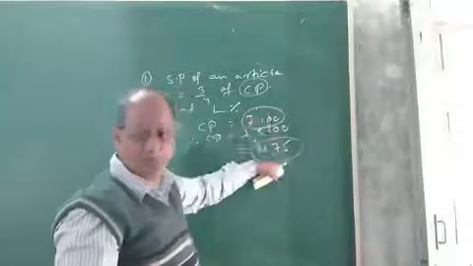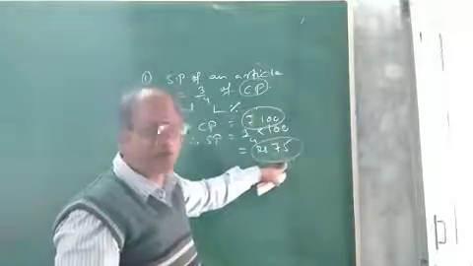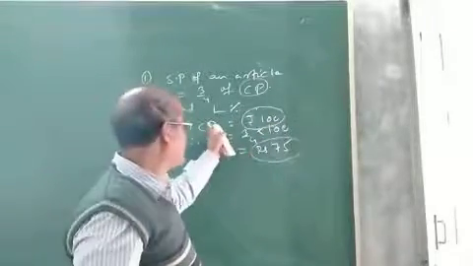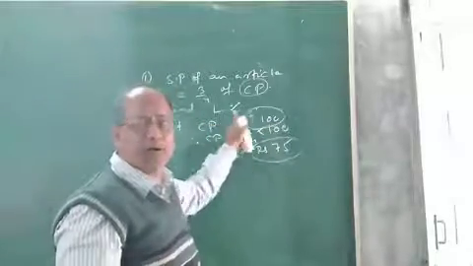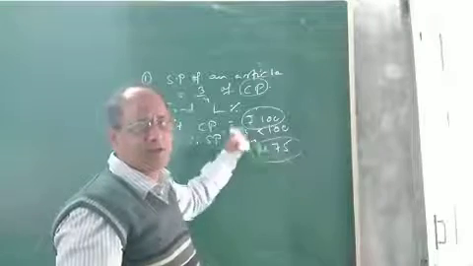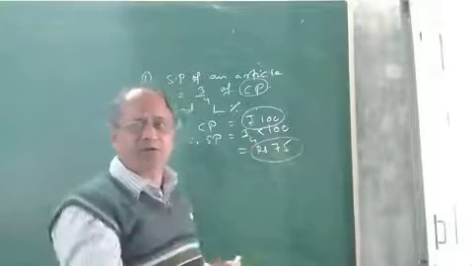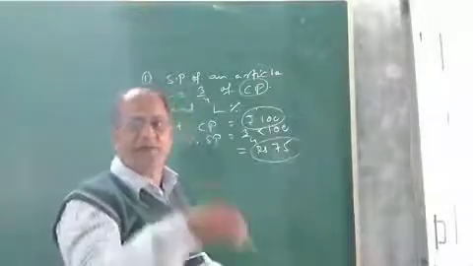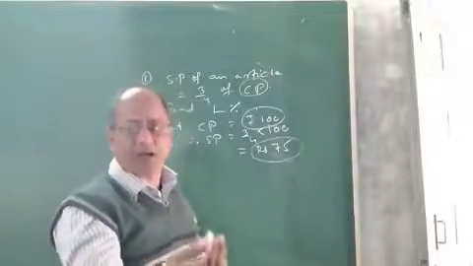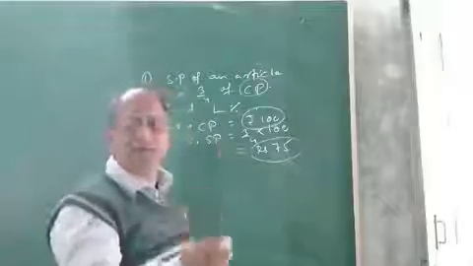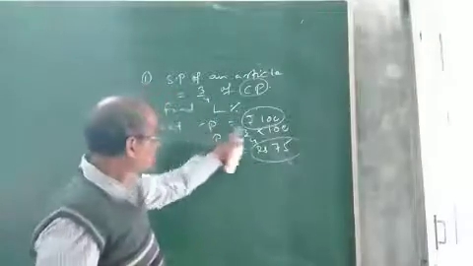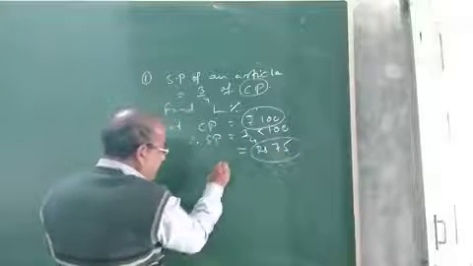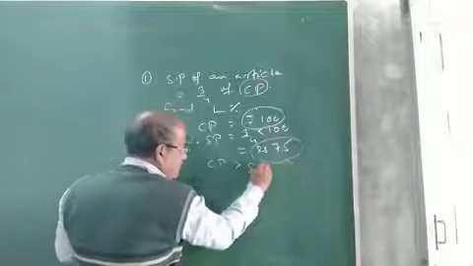Now you compare the two, I mean the cost price and the selling price. Why will we compare? Because if we do not compare, we will not be able to know whether there will be gain or loss, I mean whether there will be profit or loss. How to know that? By comparing only CP and SP. You see, here CP is 100, SP is 75. So which one is greater? No doubt CP is greater than SP.